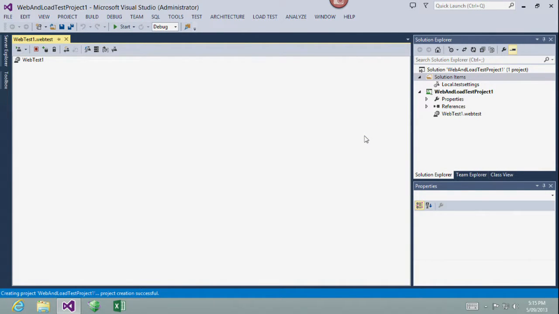What it's going to do for us is it's going to create the solution, create a project for us, and automatically create our first web performance test. Okay? In previous versions, it wasn't called a web performance test. In fact, if you go right back to when we had the VSTS acronyms, when we had Visual Studio Team Edition for Software Testers, there was a nice big title. This thing was there.